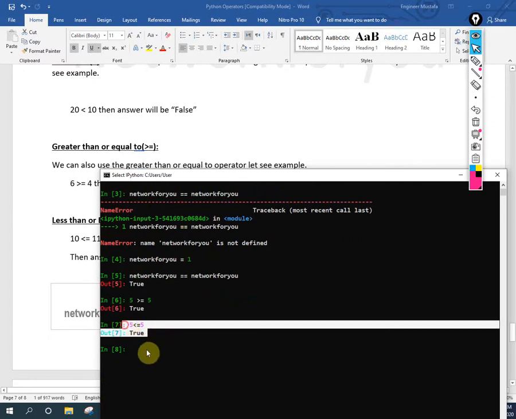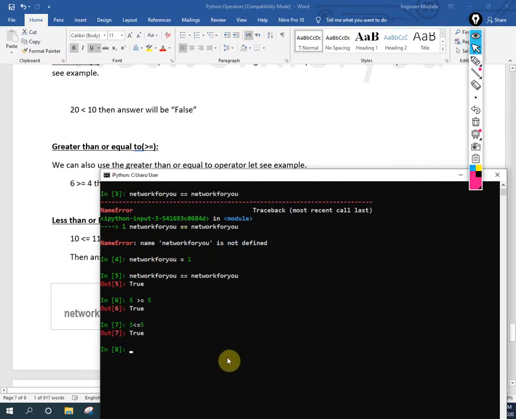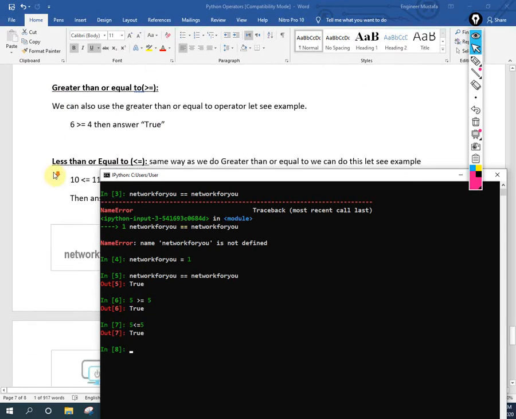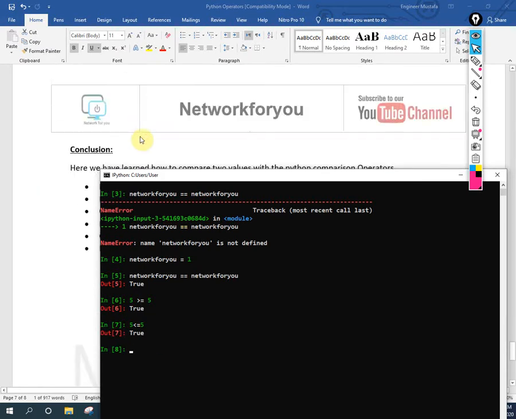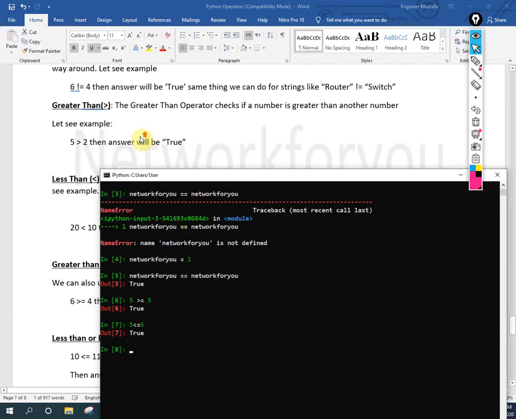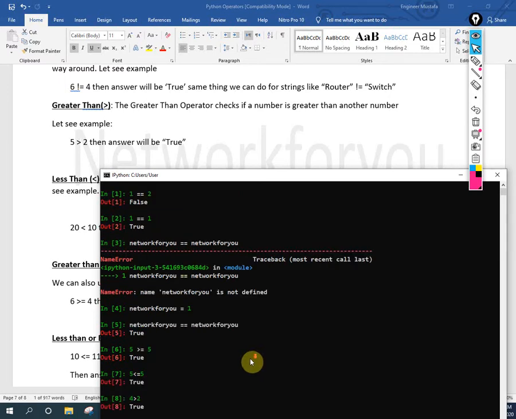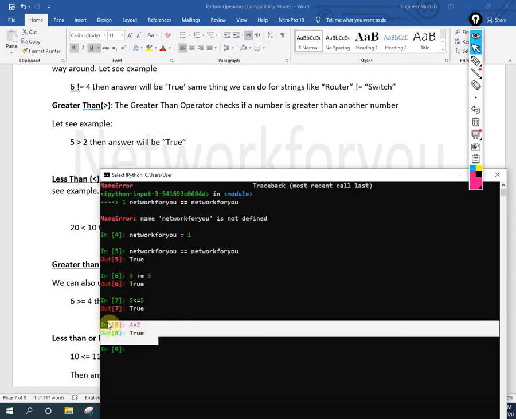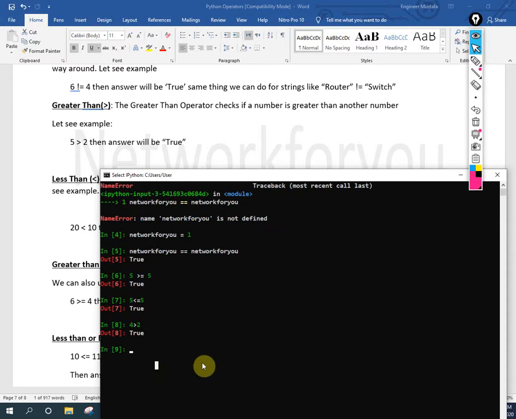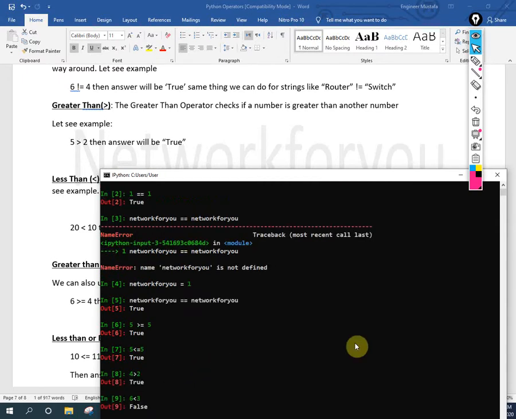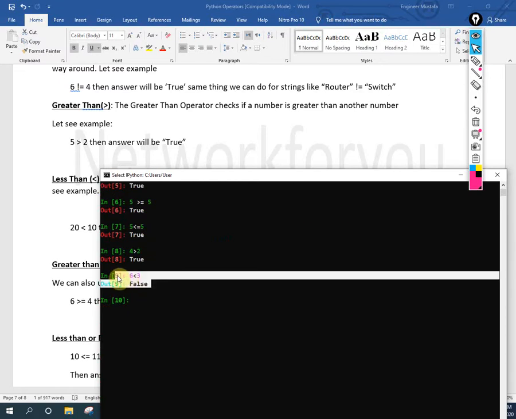Now let's see only greater than. I will write 3 is greater than 2. Yes, the answer is true. Let's do another one. 5 is less than 2. The answer is false because 5 is not less than 2.